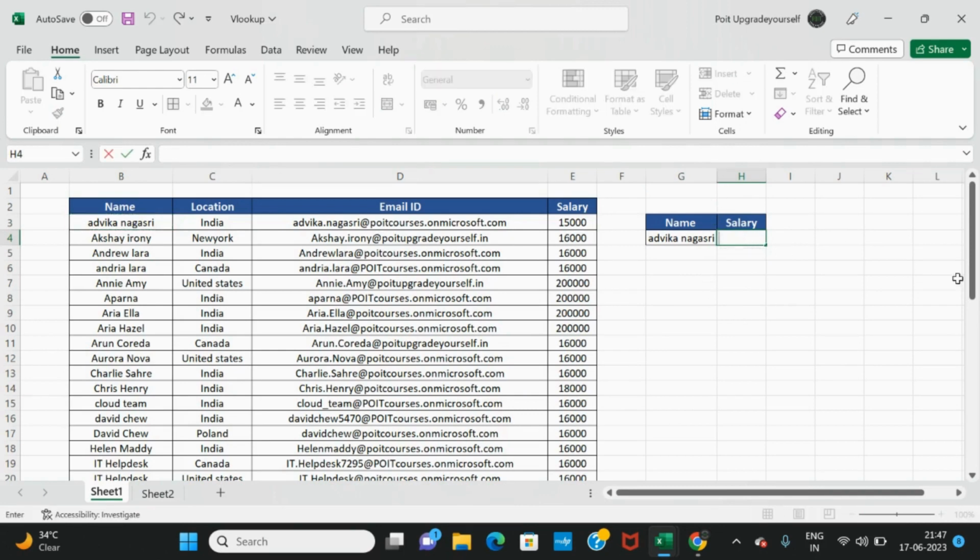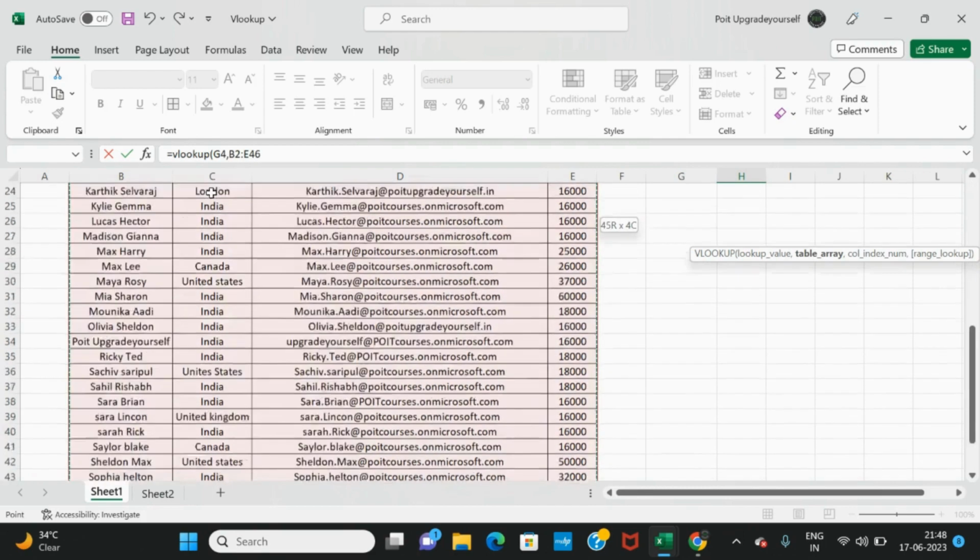Then I'm using the VLOOKUP formula. The formula is equals to VLOOKUP, open bracket. Then you need to select the cell where the employee name is. I have the employee name in this cell, G4, so I have selected this, comma. Then you need to select the entire table, because I want to find the value from this table. So I am selecting the entire table,